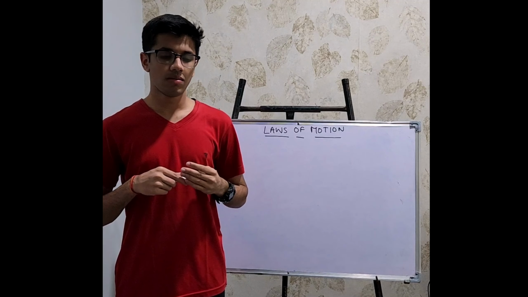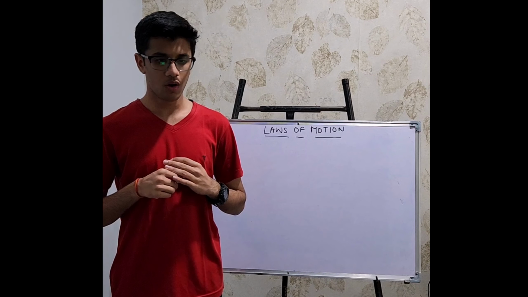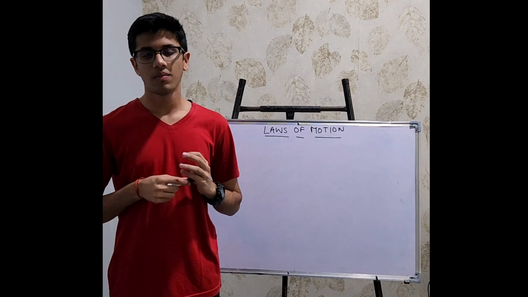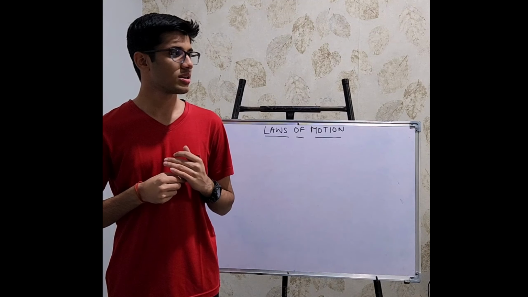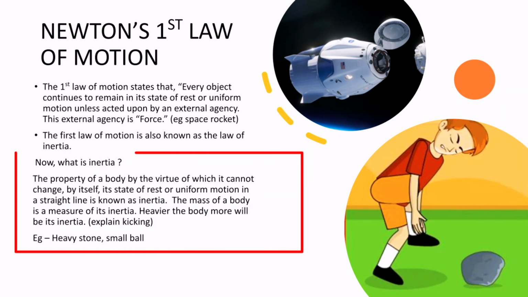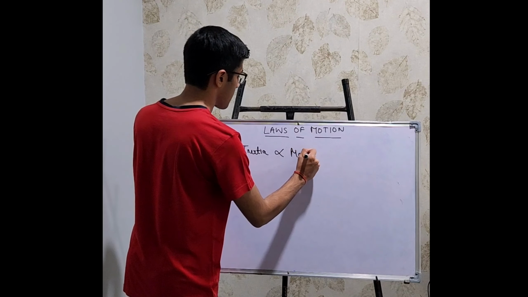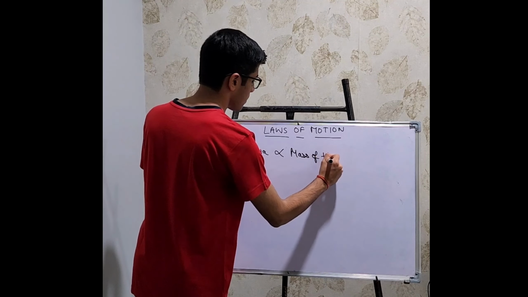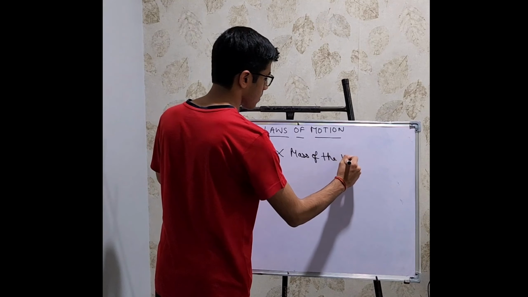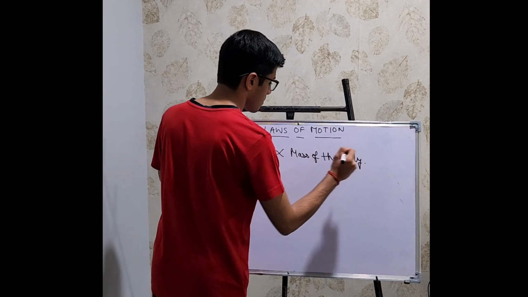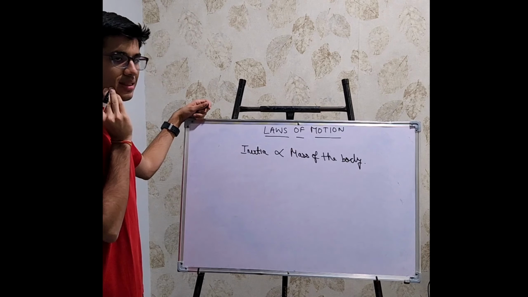So now the first law of motion is also known as the law of inertia. And what is inertia? Inertia is the property of a body by virtue of which it cannot change by itself its state of rest or uniform motion. So now inertia is proportional to the mass of the body. So now we can say that